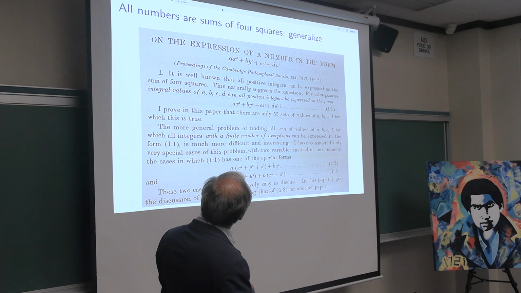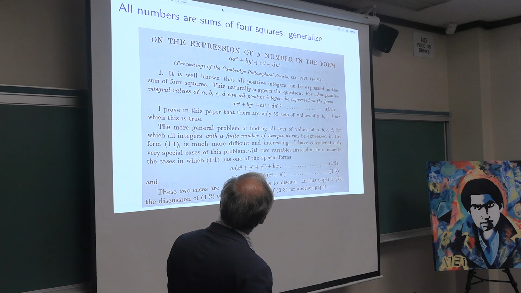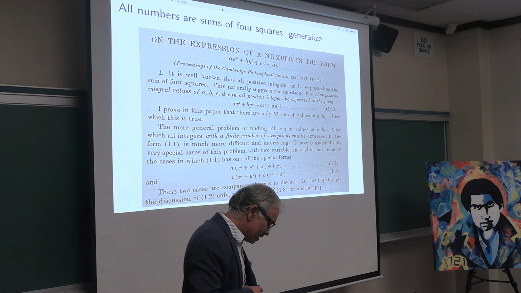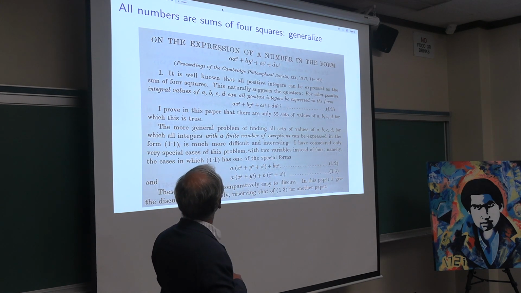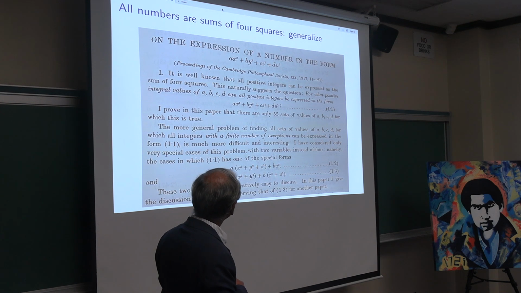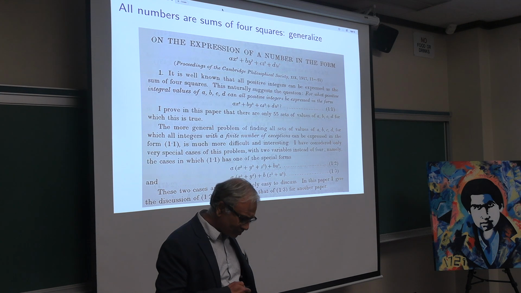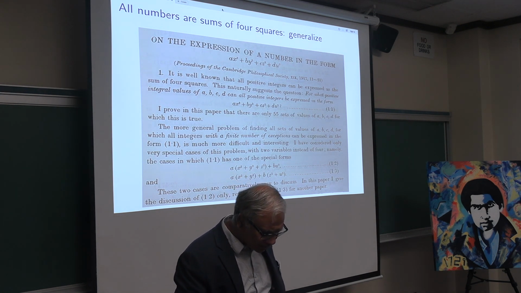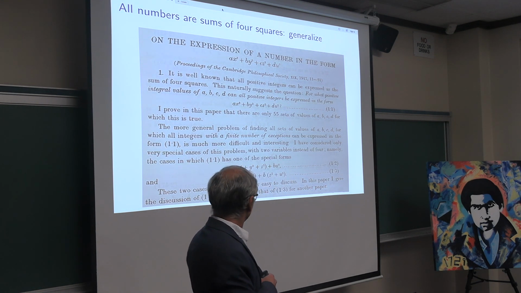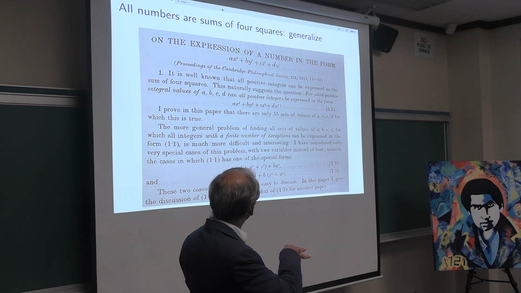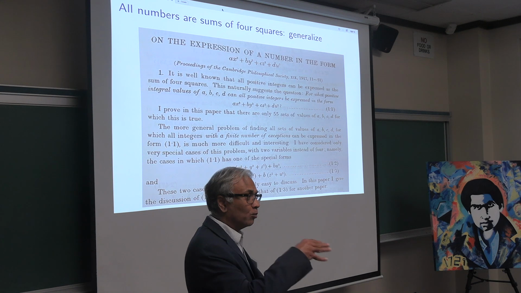And in this paper, he confines himself to these diagonal forms where there are no cross terms, and he finds that there are 55 examples where you can prove that they represent all numbers. And he asks various other questions that he would like to answer in this context. The paper makes for very interesting reading because he uses results which were known to Legendre and Gauss on representing numbers by quadratic forms in 3 variables and uses them to understand what happens when you add one more variable.